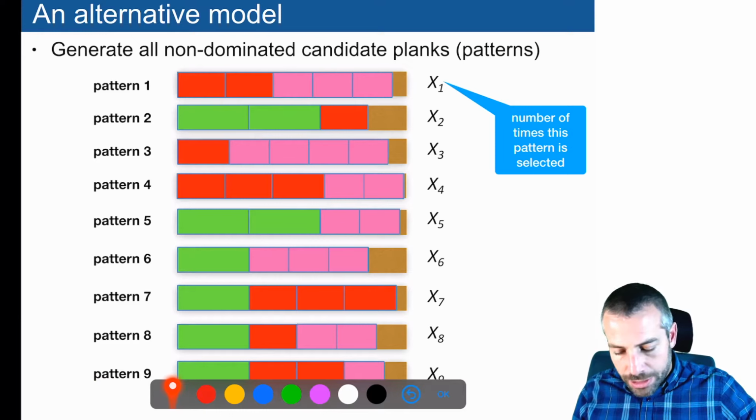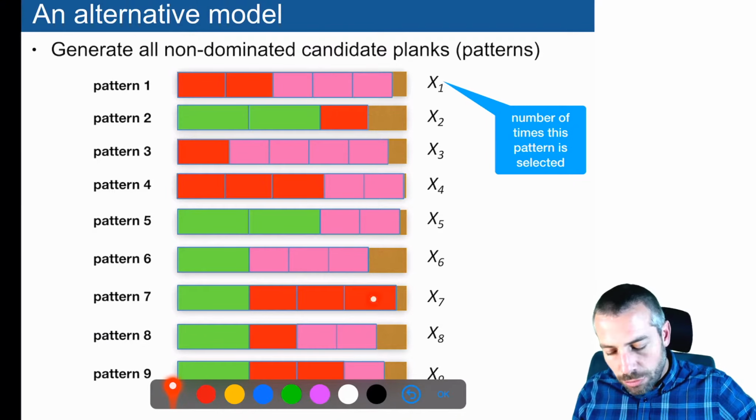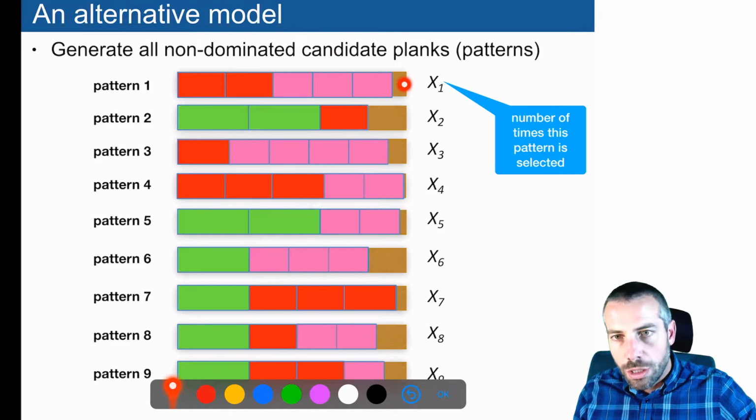For instance, this is one possible pattern, 2 red and 3 pinks. This is another one, 2 green, 1 red, 4 pinks. All these patterns, of course, do not violate the total length W of the plank. We know that at least they do not violate the size of the plank's length.